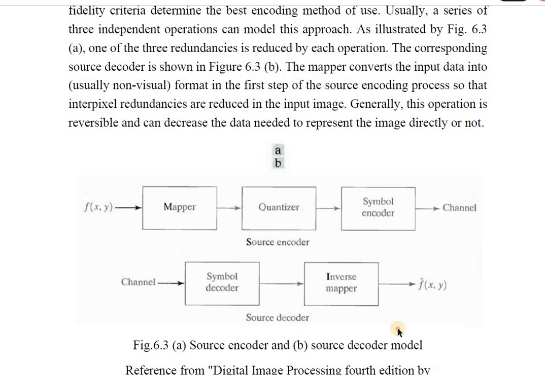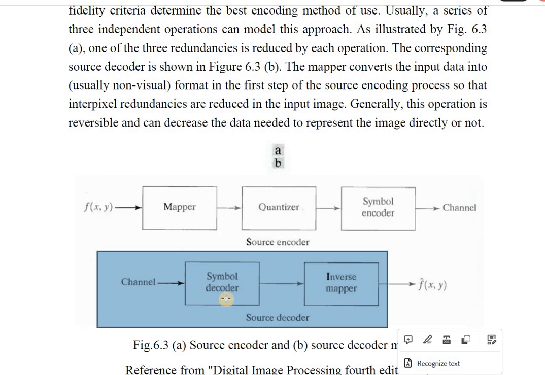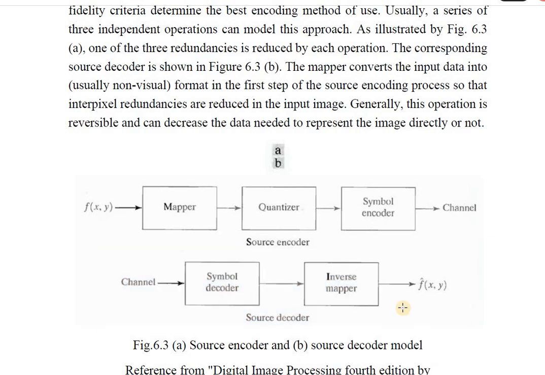If you carefully notice, you don't have any decoder for the quantizer block. For the symbol encoder, you have a symbol decoder. For the mapper, you have an inverse mapper. But for the quantizer, you don't have anything.